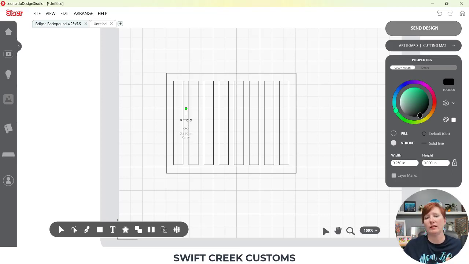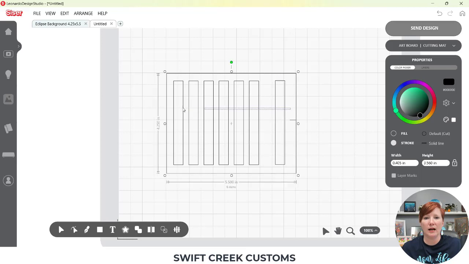So at this point you would need to make a decision based on the products that you're using on whether you want to go with this or whether we would want to delete a rectangle. And then I can move this over a little bit further, and then I'll select everything and space it again